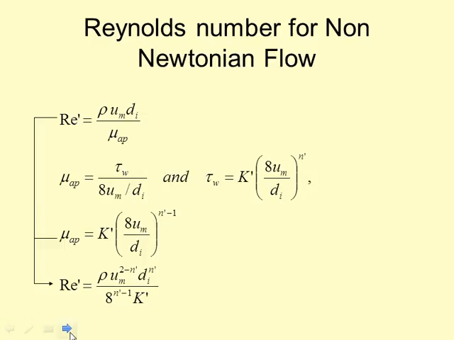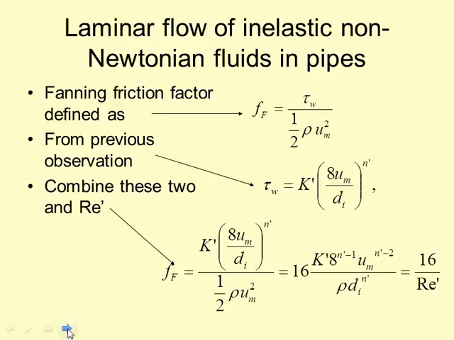Don't worry, you don't need to memorize this one. Normally all you need to remember is the Reynolds number is that one and mu AP is that one. You should be able to work out the rest. This is just the Re prime one, and the reason why you need Re prime is because